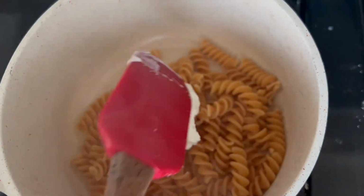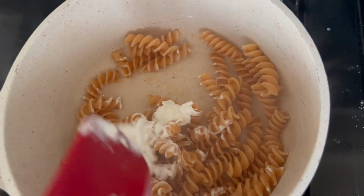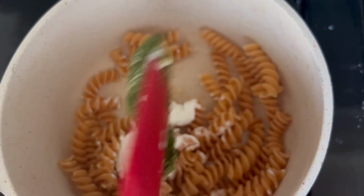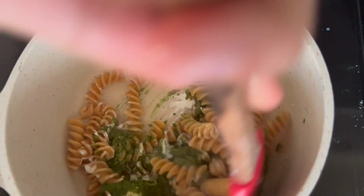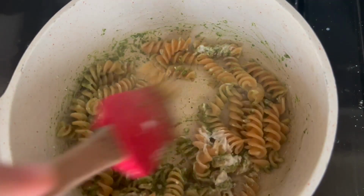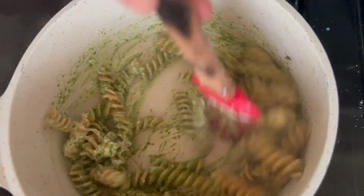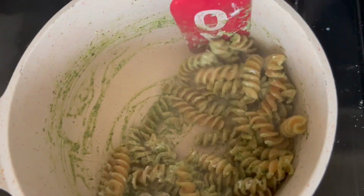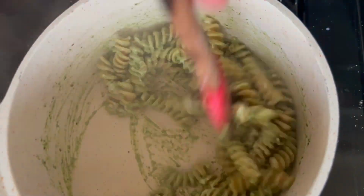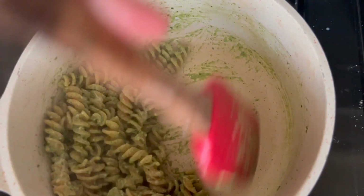So once your pasta is cooked, I'm going to go ahead and add my Greek yogurt, as well as adding the pesto. Like I did mention, I do personally think that it needs salt. On this occasion, you guys know that I don't really like adding salt to my foods, as I feel like some foods are already salty, but that's just personal preference. I also deal with a lot of bloating, so not having really high sodium meals has always helped me not feel as bloated. But yeah,